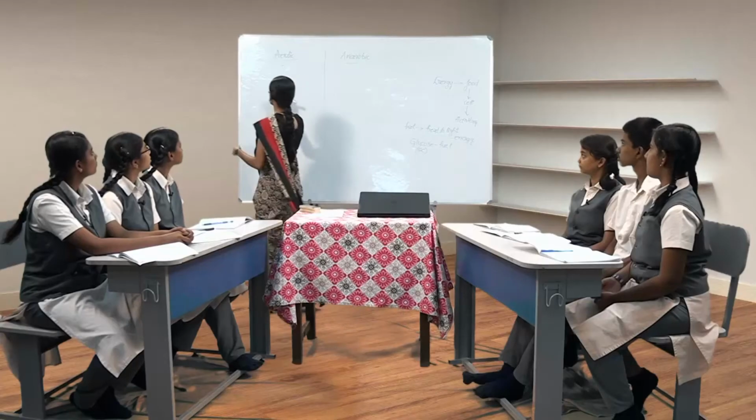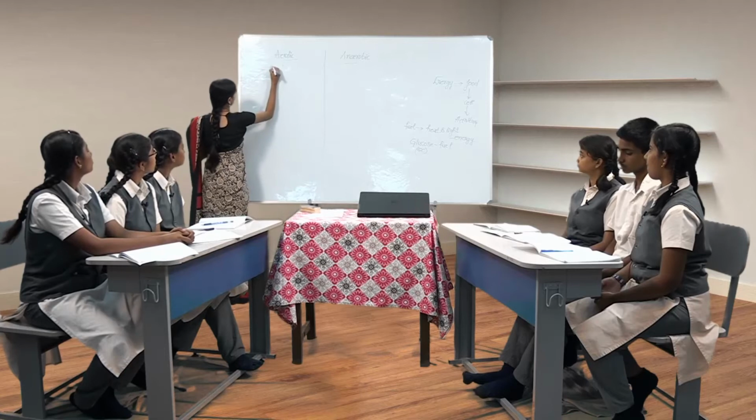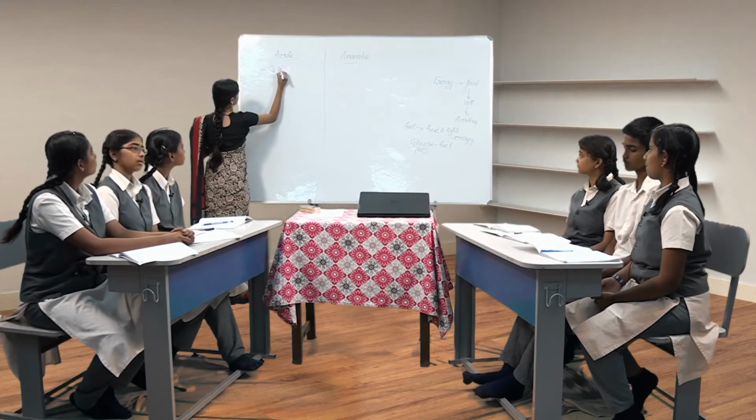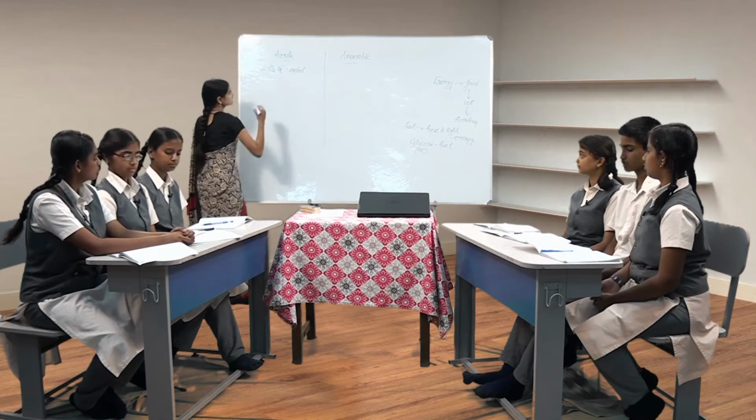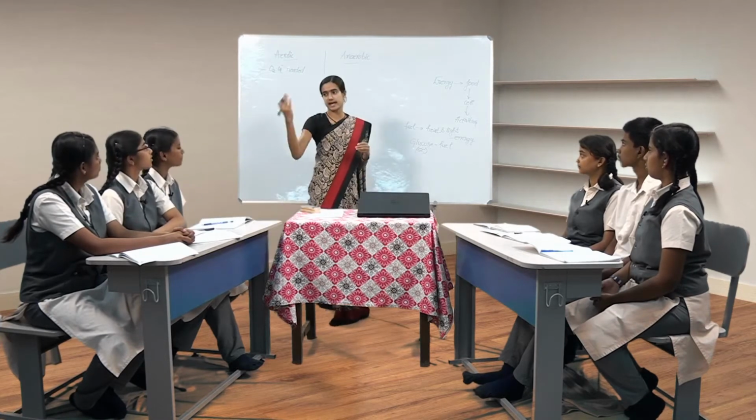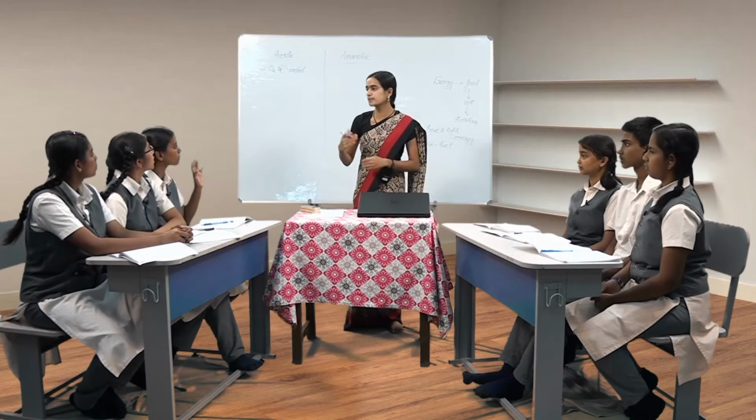Ma'am, aerobic respiration, it's a respiration where the oxygen is used to break down the glucose. Okay, very good. So it is in the presence of oxygen, or oxygen is needed, or oxygen is consumed in the process. Very good. What is the same point in anaerobic respiration? What is the complementary point? Oxygen is not needed. Very good. Here oxygen is needed and here oxygen is absent or not needed.